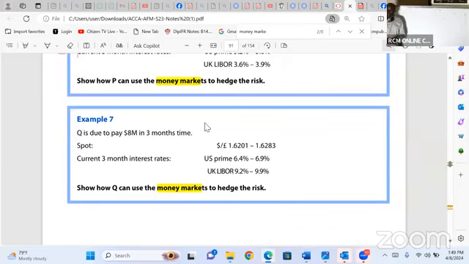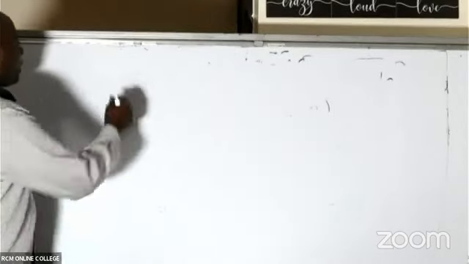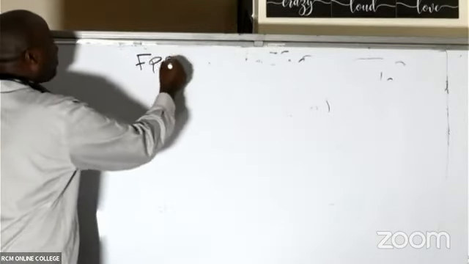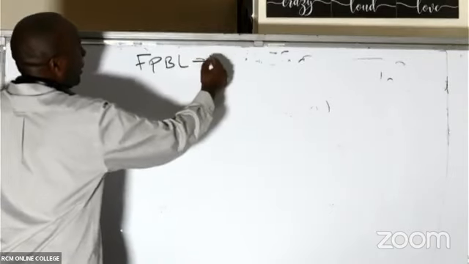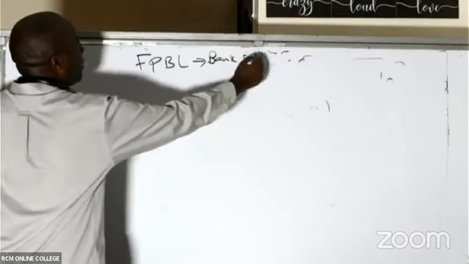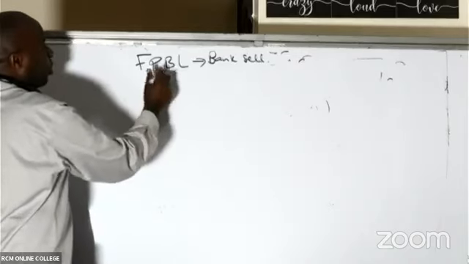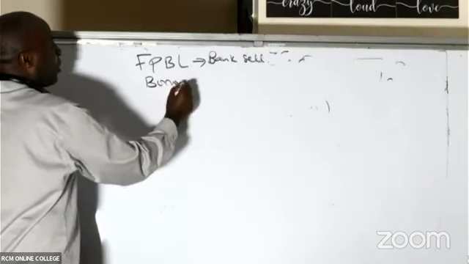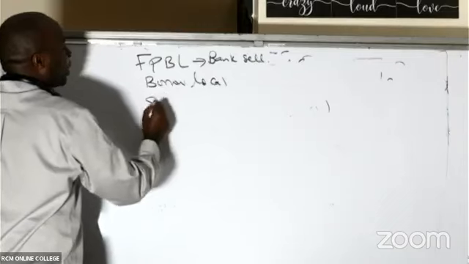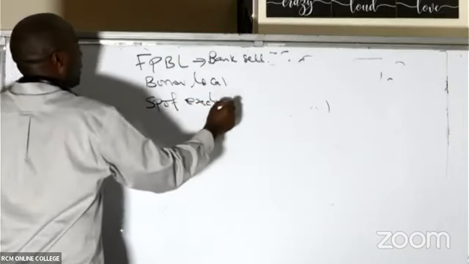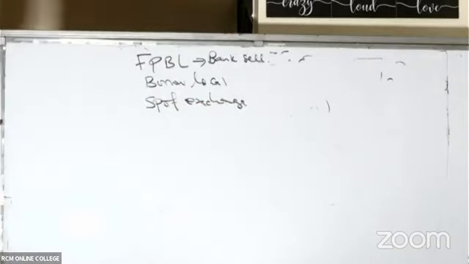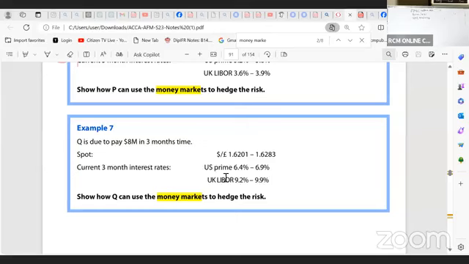So if it's a UK company, and I can see it's a payment question, I'm using this rule, FP, BL: foreign payment, borrow local. Bank sells because it's local. So we shall borrow local, and I shall use the spot exchange rate. Fortunately, the spot exchange rate has been provided. It is here, spot